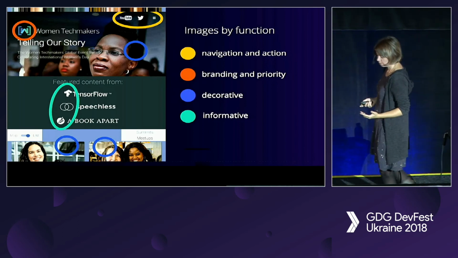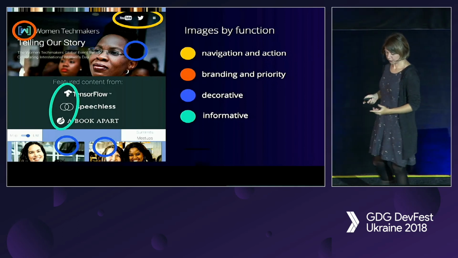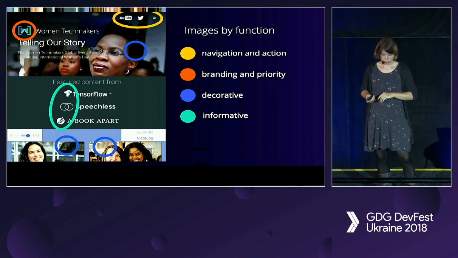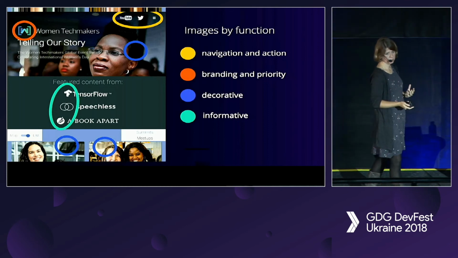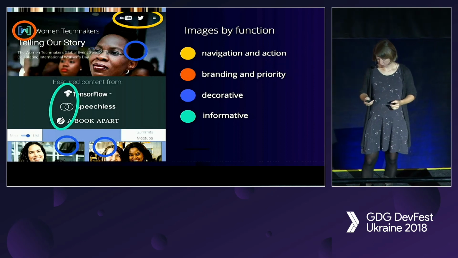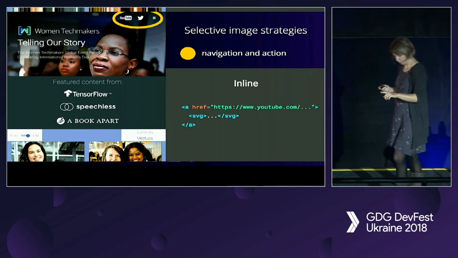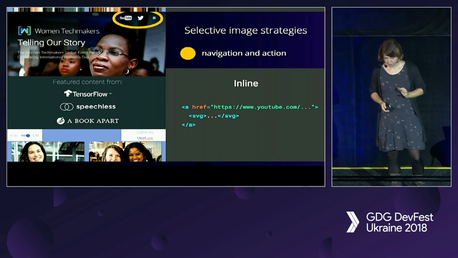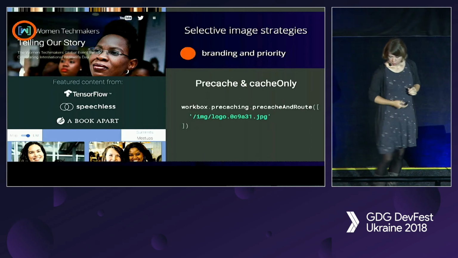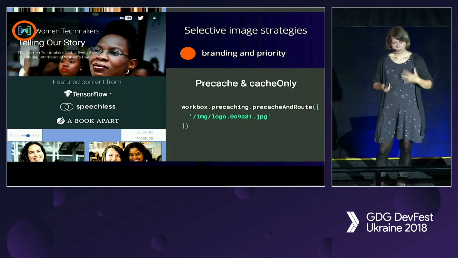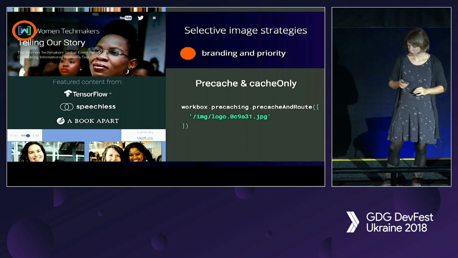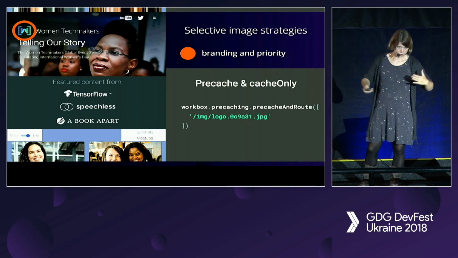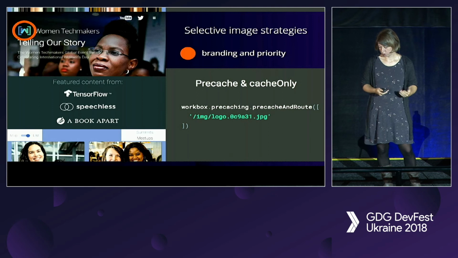Let's see how it plays out in practice in our previous example, right? We had 4 types of images on that page. How this would translate to my caching strategies from Workbox that I showed you before. Well, these ones are inlined, so we solved it just by inlining, no caching involved. These are the important branding and priority strategies, which means I'm pre-caching them. And you can see both parts of our strategy are implemented here as pre-cache and route, which means I